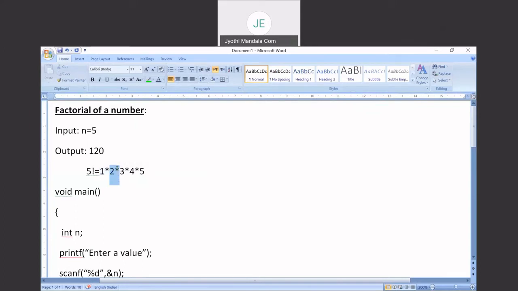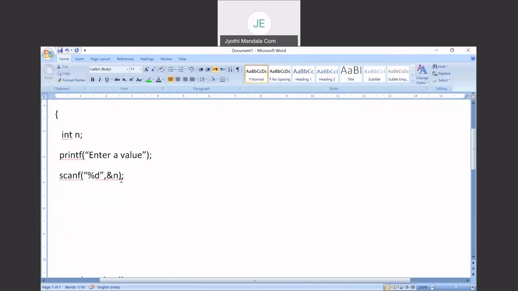So to have this approach, I will be using an iterative statement. You can go with while, do while, or for, anything you can use. To reduce the number of statements in my program, I'll be going with the for statement.